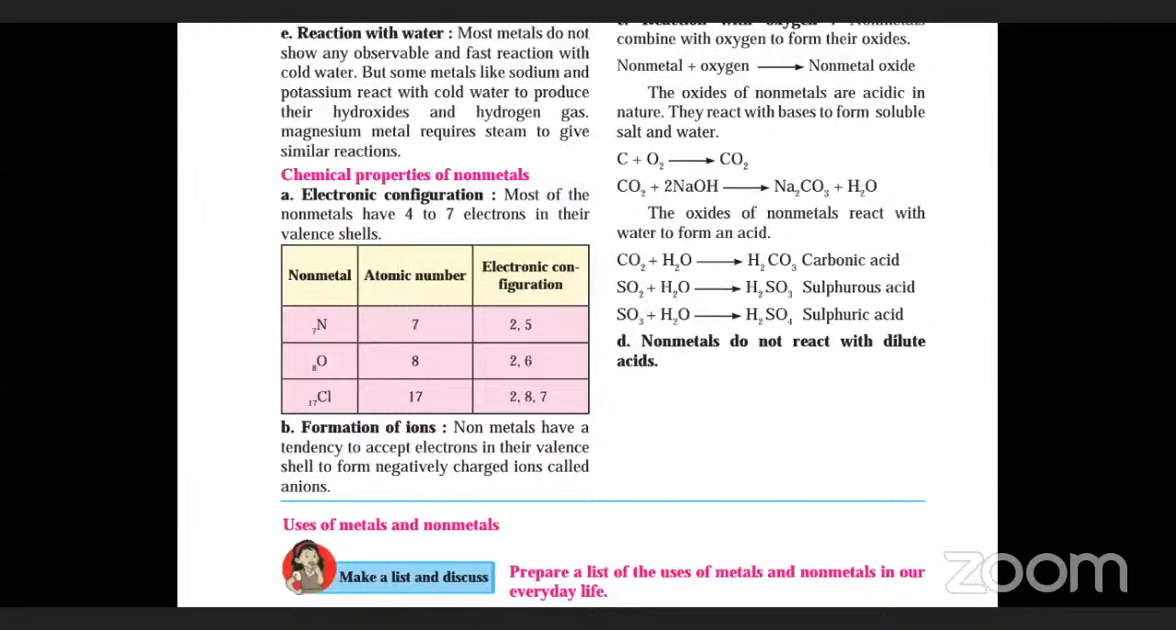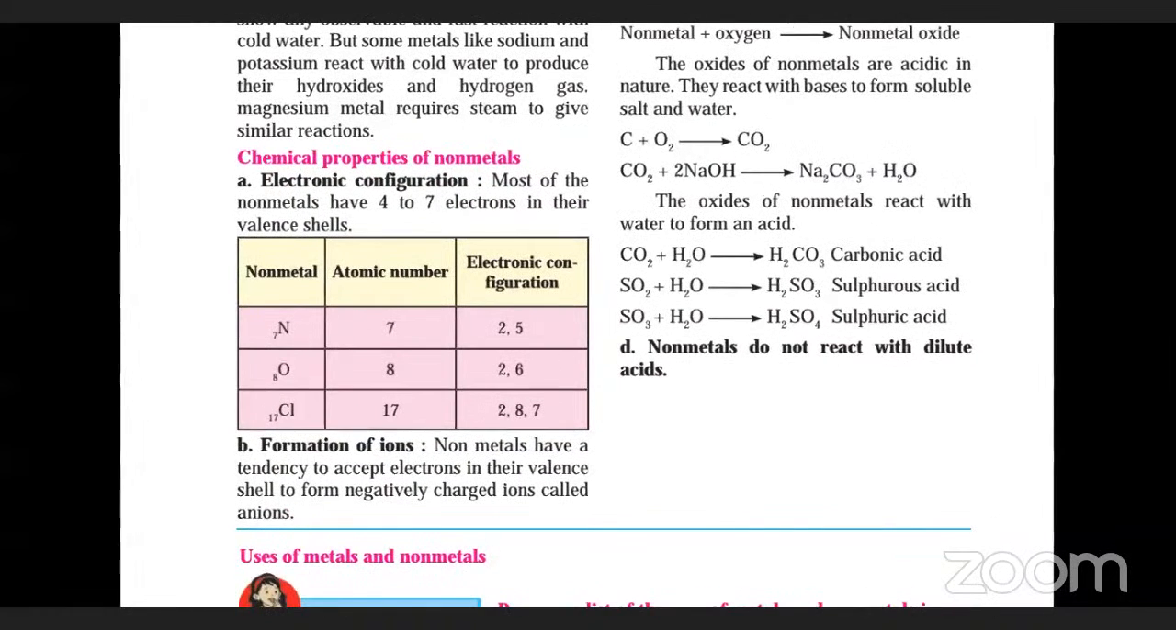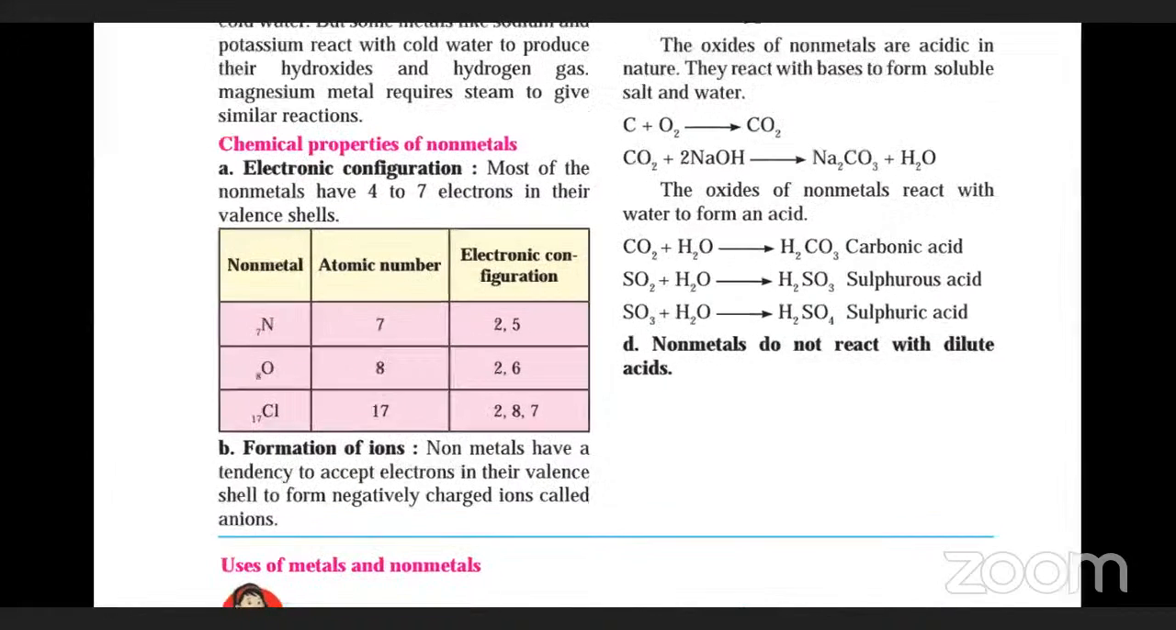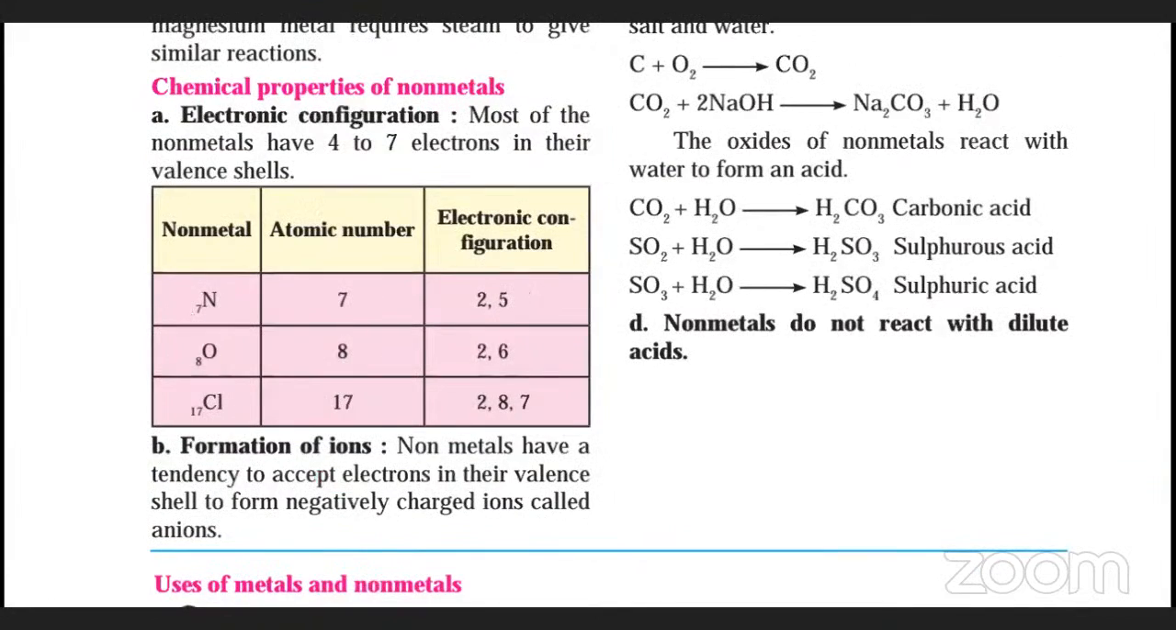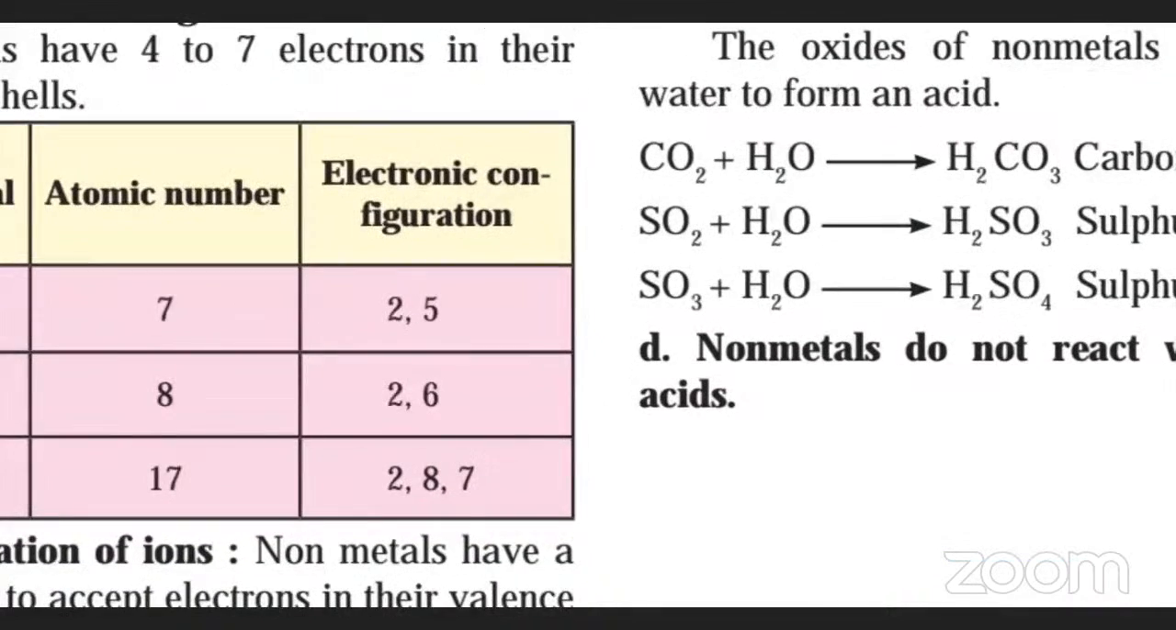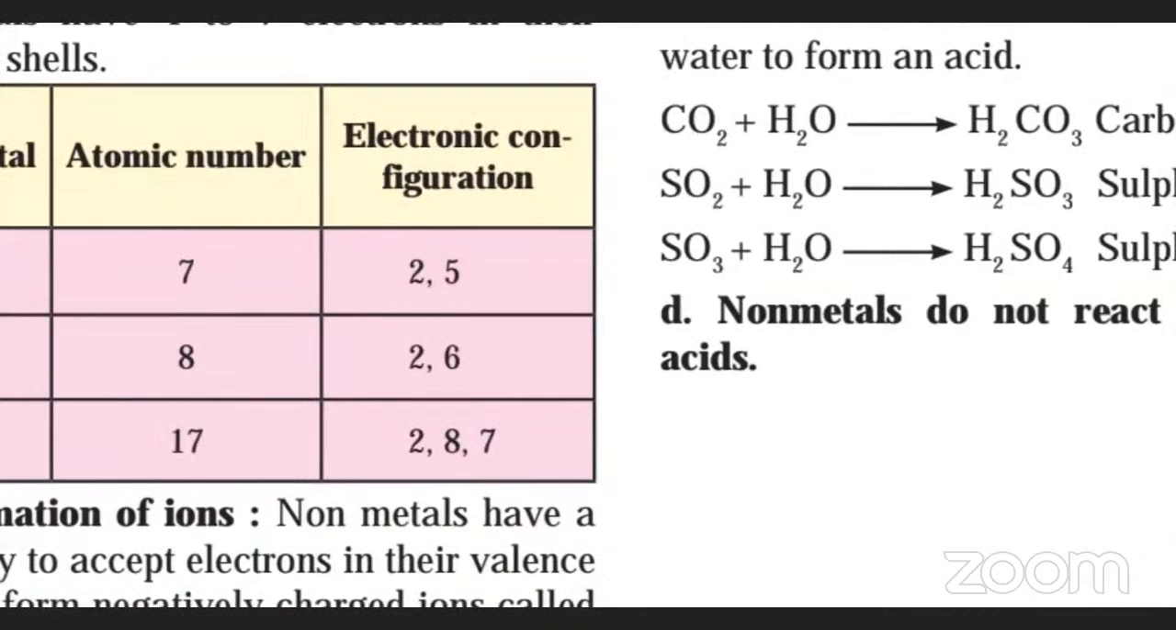So students, chemical properties of nonmetals will depend upon the electronic configuration. And electronic configuration we have discussed in the last class. That is the arrangement of electrons inside an atom. If you see the arrangement of electrons in these three elements which are shown here, nitrogen, oxygen and chlorine. So the electronic configuration is like that, 2, 5, then it is 2, 6, and then it is